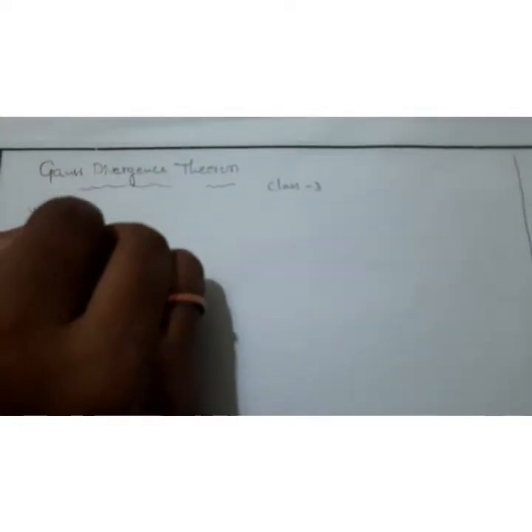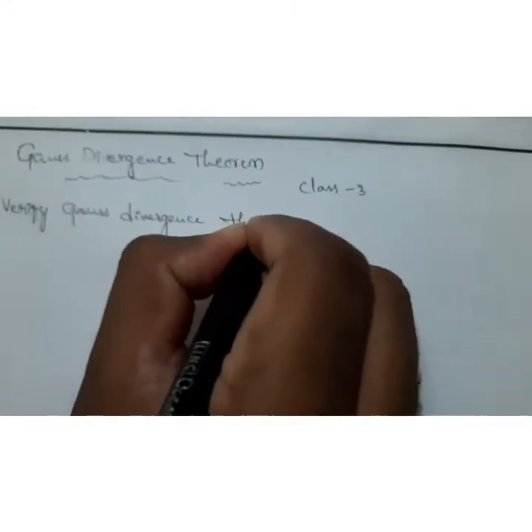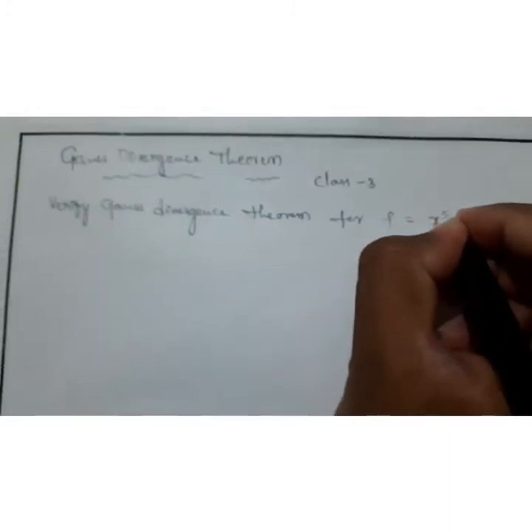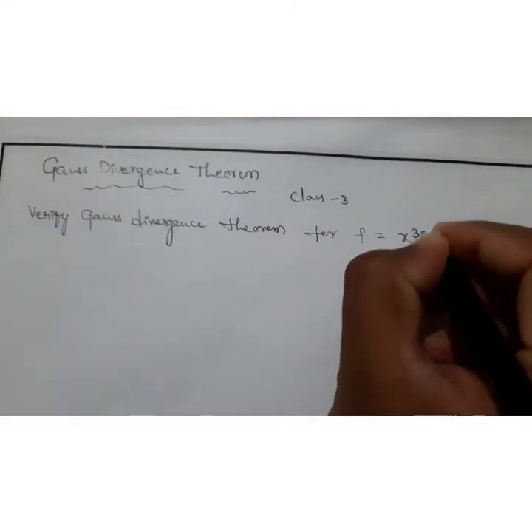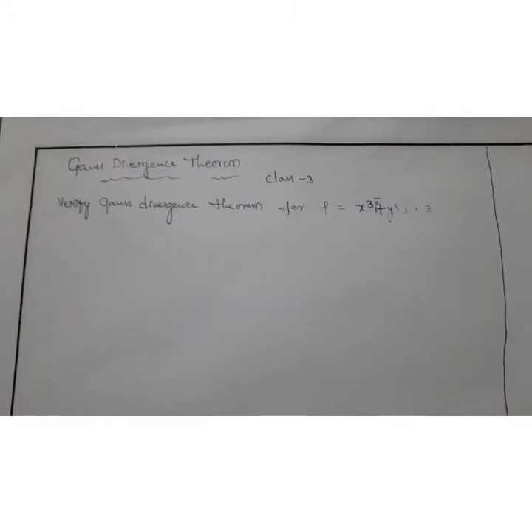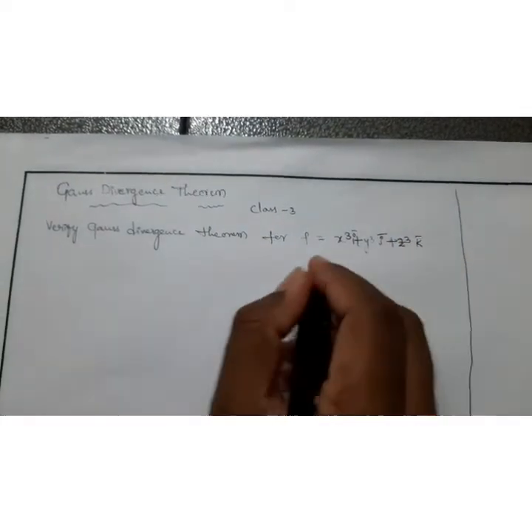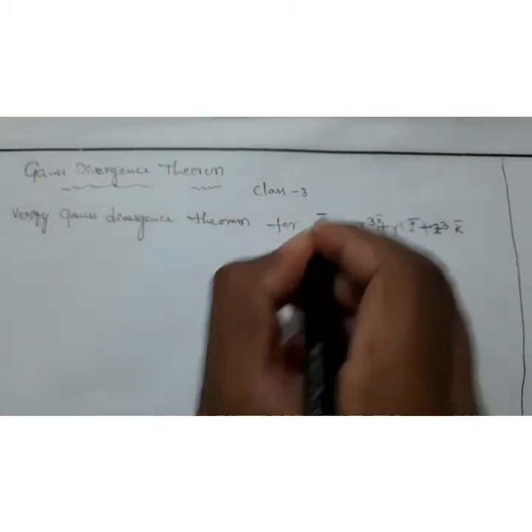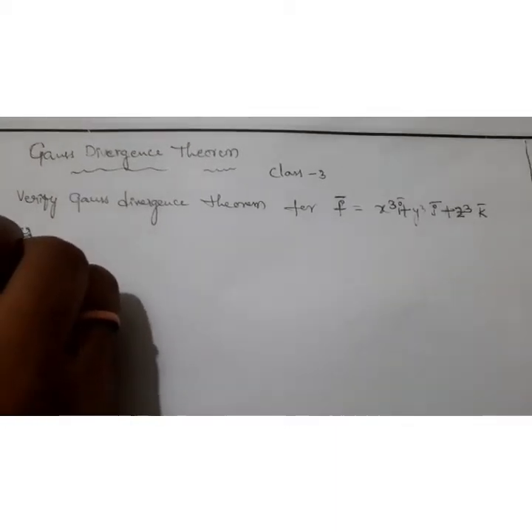Verify Gauss divergence theorem for F bar is equal to x cube into i bar plus y cube into j bar plus z cube into k bar over the cube